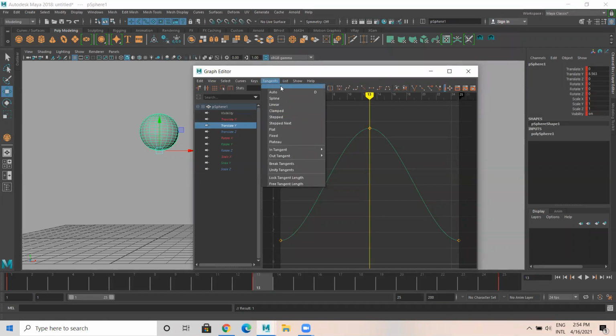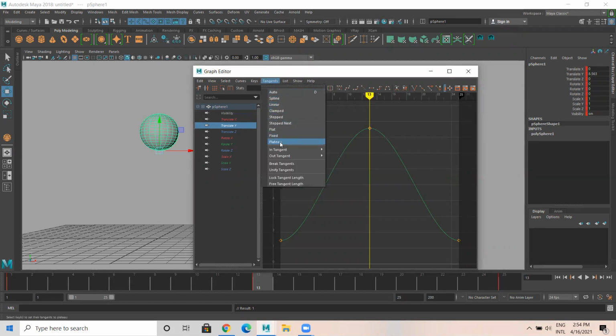Tangents define the weight for the animation. So here you can see so many things, like this kind of lines, so many are there. This is auto tangent, you have spline, clamped, linear, flat, stepped, plateau. These are the tangents.